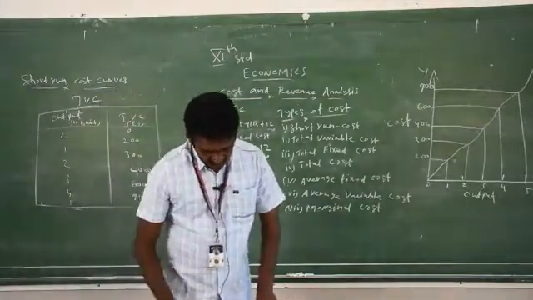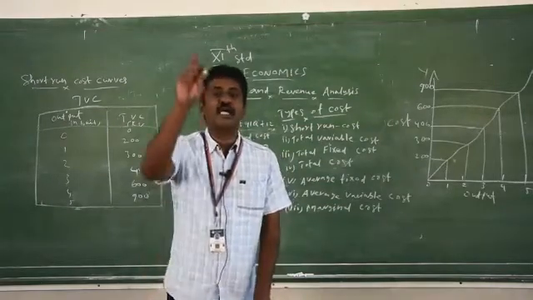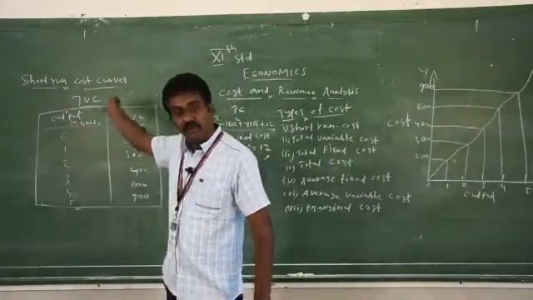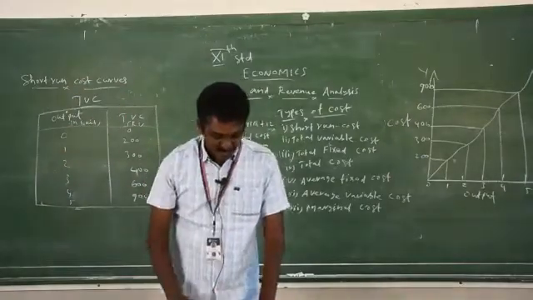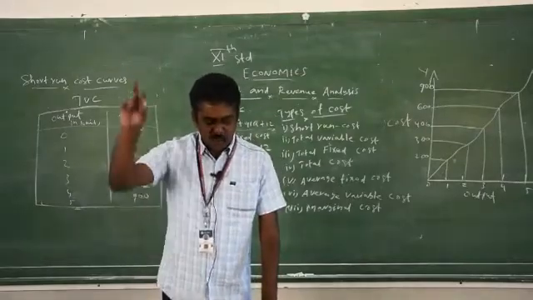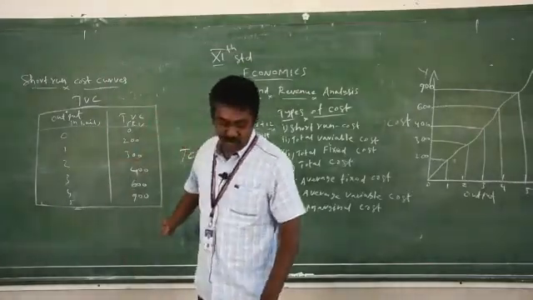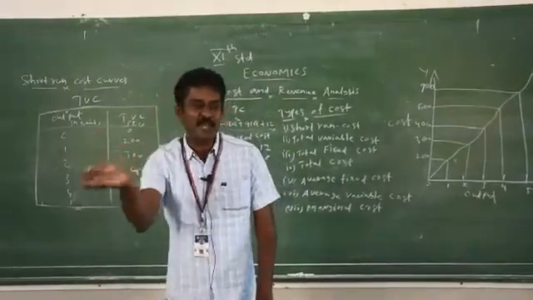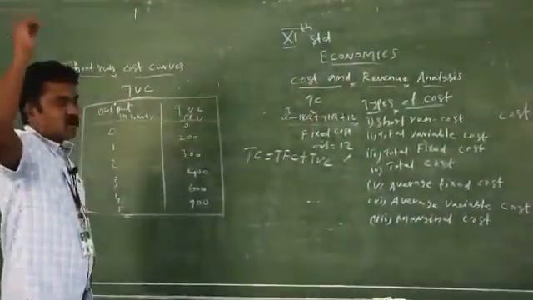So on page number 84 there is a table, the total cost curve. The table I drew and the table drawn earlier, we put both together in total cost. See page number 84, there is a total cost curve. Output in units 1 to 5. Total fixed cost 1000, total variable cost up to 900. So what do we do? We add total fixed cost plus total variable cost. So 1000 rupees is the total fixed cost.